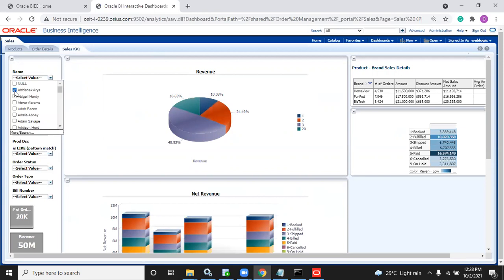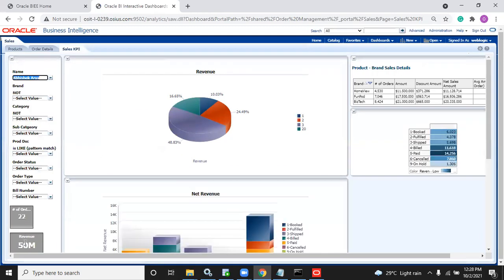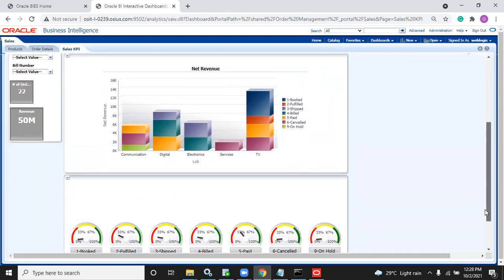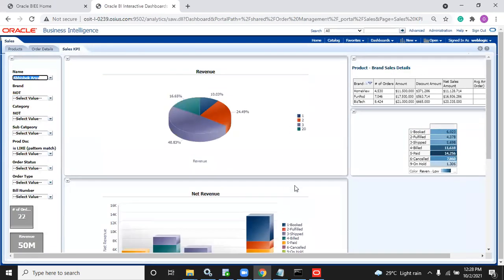This is customer. For Abhishek, how many are there? This I did not provide is prompted. For Abhishek, 22 orders are there. Out of this, what is the total sales? I did not add is prompted, so this is not getting changed. For Abhishek, we added is prompted only for a few. I'm not sure wherever we added is prompted, it will reflect like this. Clear? If you add is prompted everywhere, then whatever you selected, it will filter.